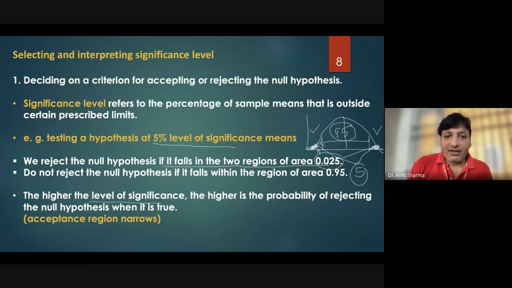So the higher the level of significance of a research, the higher is the probability of rejecting. For example, if I am keeping a 99% confidence interval for the study, my cutoff point will be 0.01. So whenever I apply any statistical test, I have to find the p-value obtained after applying the test. It should be less than this.